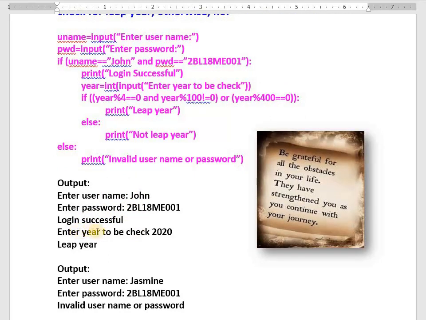Then the software allows you to enter a year to be checked for leap year, say 2020. When does this software allow me to check for a leap year? Only if the entered username is my name and the entered password is my USN, otherwise no. If any one of them is wrong, then we get the message invalid username or password. Then how to write it?